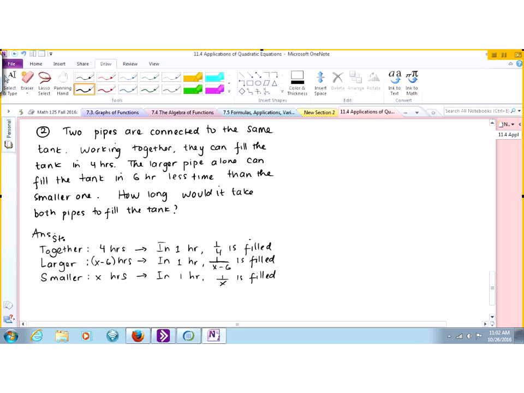Okay. So this is our step 1. Pretty easy? Step 2, nothing, so we go to step 3 directly. What's my equation? Together, which is 1/4, is equal to the larger one, which is? Yes. Do you think you could solve this for me? Yeah. What is the LCD here? Okay. Would you be able to do it for me, please? Thank you.